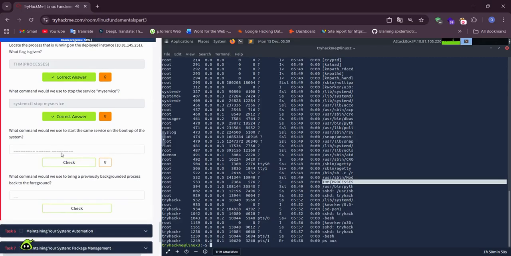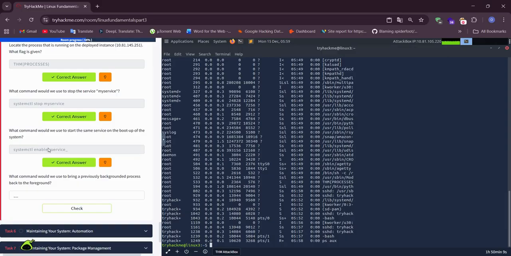What command would we use to start the same service on the boot up of the system? systemctl enable service. What command would we use to bring a previously backgrounded process back to the foreground? fg.